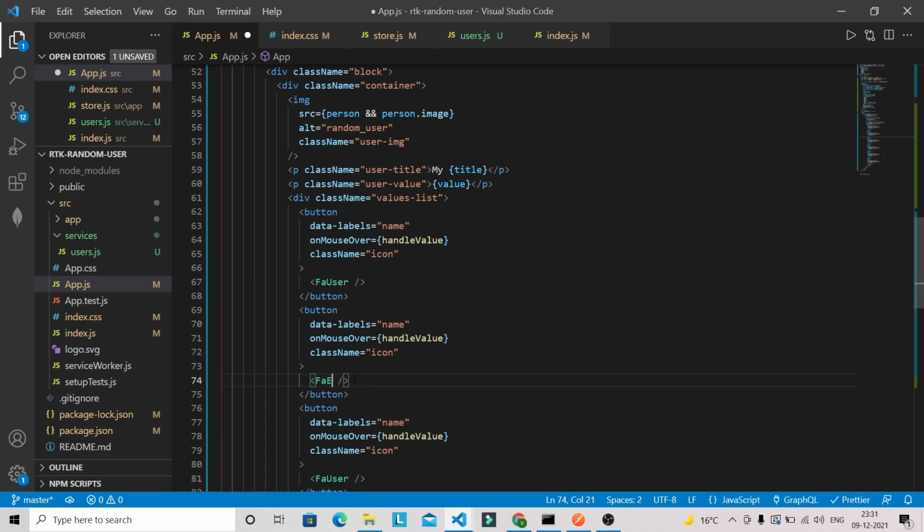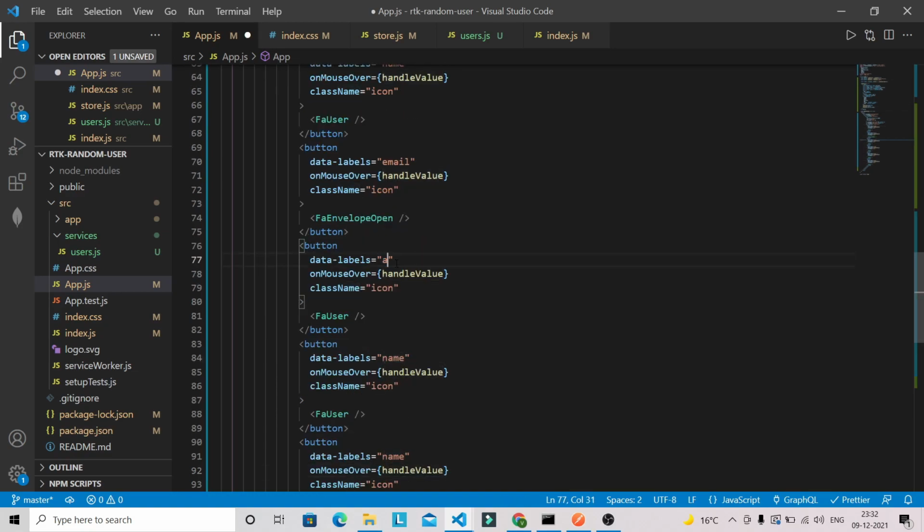So fa envelope open, and the data label will be email. This will be the age, and for this we are going to use an icon like calendar times.